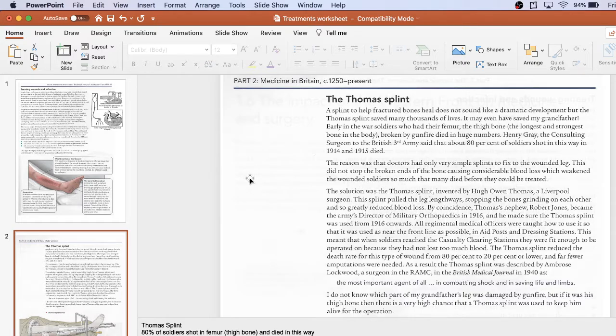And the way that it works is, as a splint would, it's the idea that the leg bones are being pulled apart a little so that they're not grinding on each other. Now, the imagery makes me kind of cringe a little bit because of the idea of two bones scratching and grinding on each other. But if you think about it, that's why this was such an important development, because it's able to fix that,